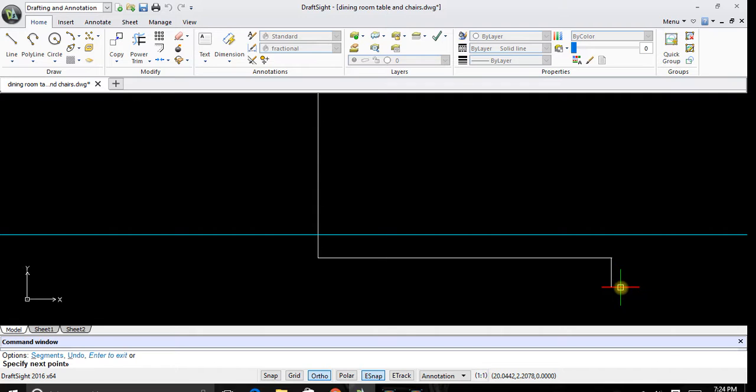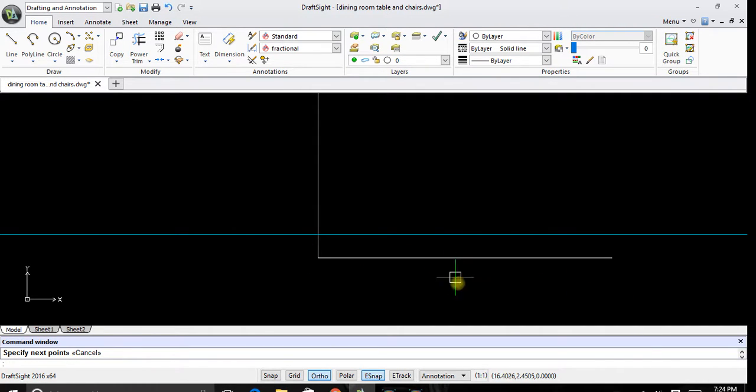And I've selected my next point, and now I'm going to hit escape. If you don't hit escape or return or spacebar, you will continue to draw lines. You could do this all day long. So when you want to stop the line command, you have to terminate it. So we have our line. Another way to do this,